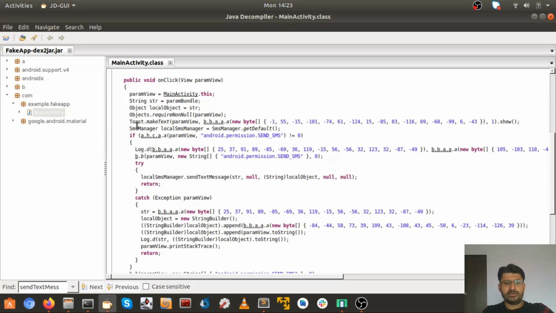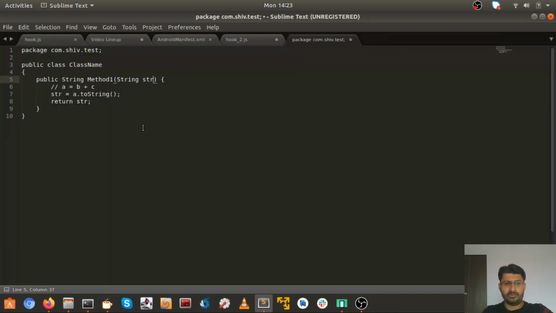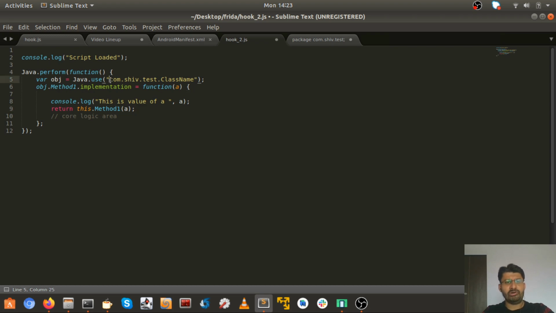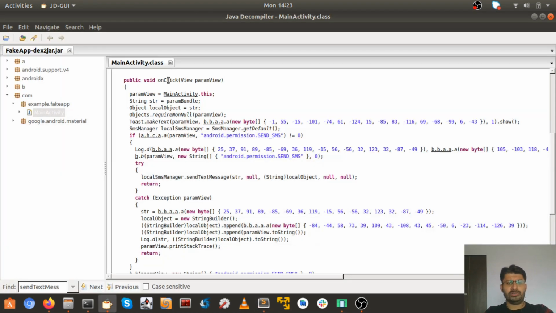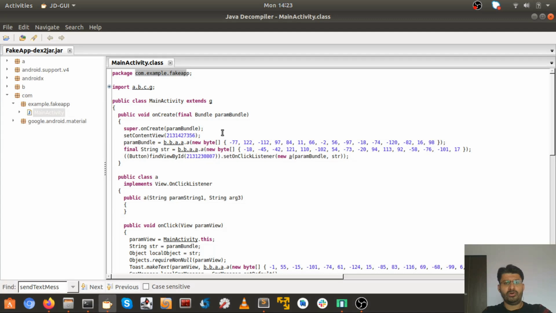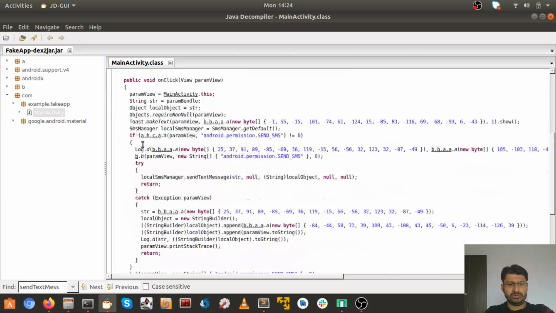So this brings us to one important point, that is this class name. As I told you, we can use any class or any package names inside the JavaScript wrapper. So instead of hooking into this package name, we can hook into this class.